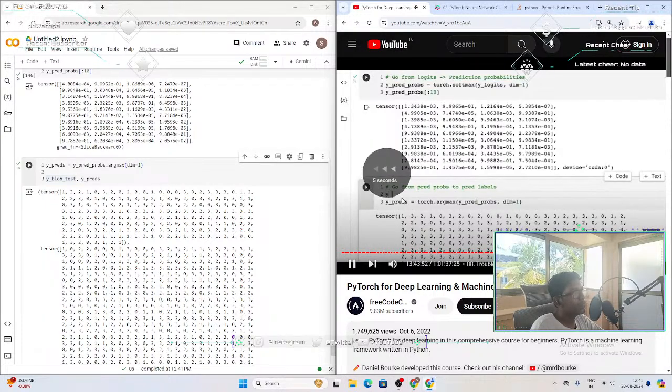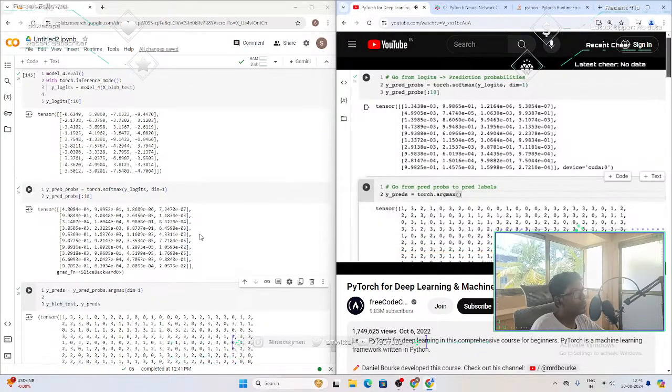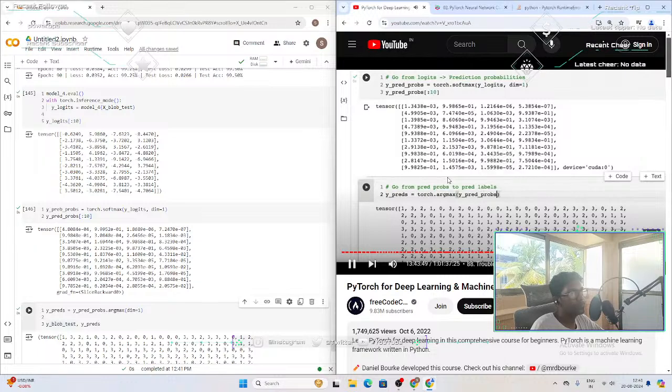We could line these argmax to do it this way. Also, how do we do that? Well, we can do torch.argmax on the y_pred_probs, and then we can pass dim equals 1. We could also do it